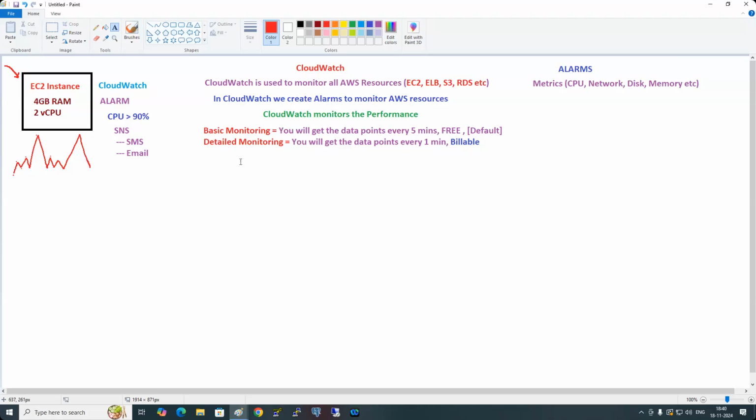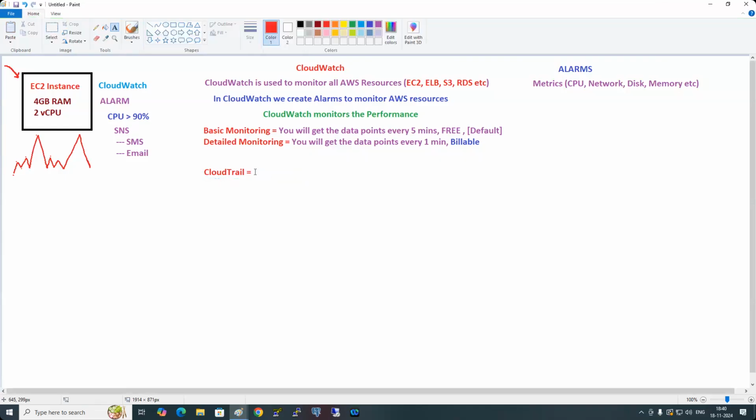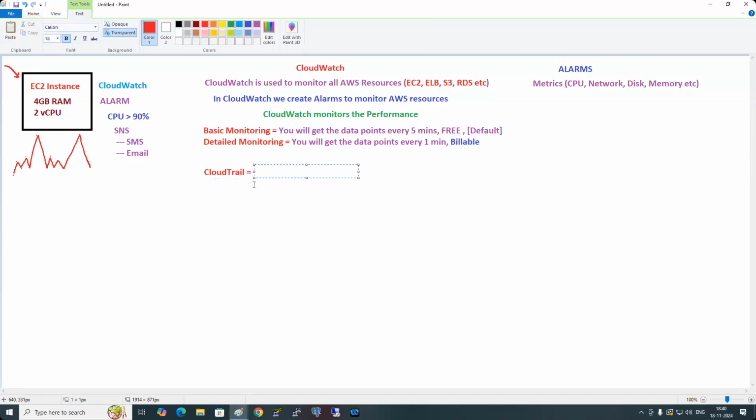Okay. So whenever someone asks you about cloud monitoring, which is the service that you should say? CloudWatch. And there is also another service called CloudTrail. Say that. CloudTrail. CloudTrail meaning,